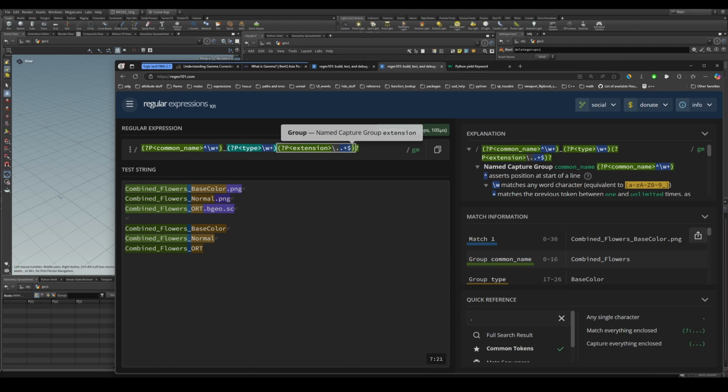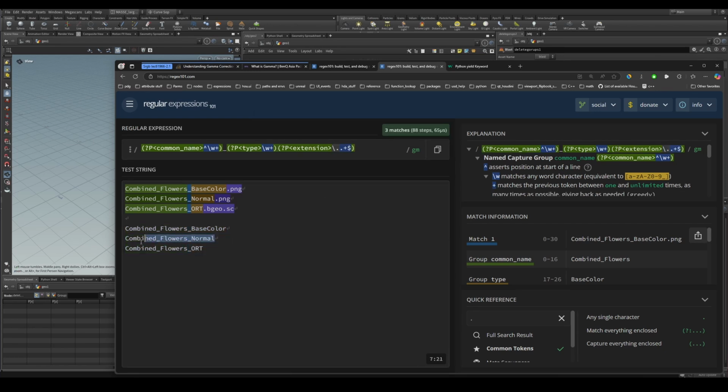Oh, and also, you can see that this expression matches both expressions, with and without the extension. This is because of the question mark, which makes the previous token optional. It matches the previous token between 0 and 1 times, as many times as possible. Basically, if we had not added this question mark, we would not be matching this because we have no extension. But with the question mark, we actually have it, and this is done because